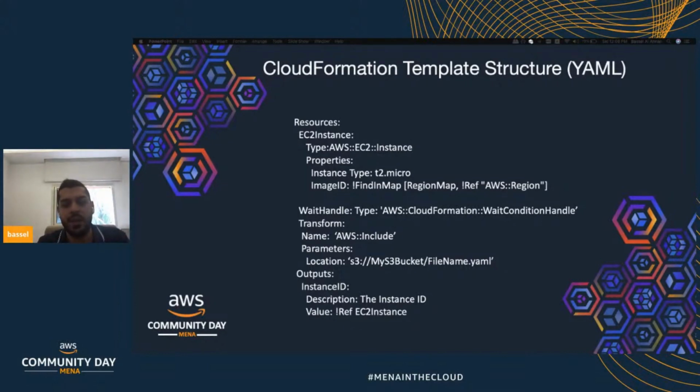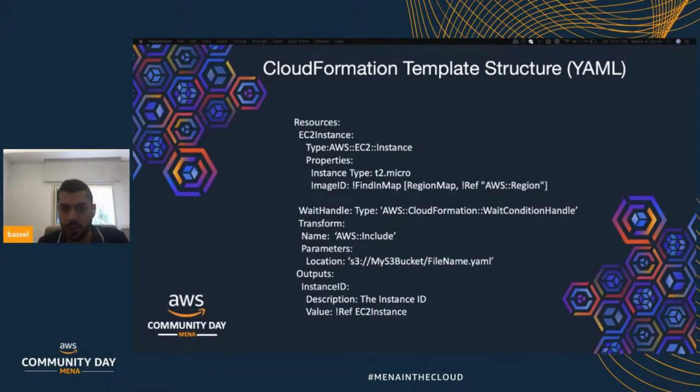For example, if you have a Bastion host environment that you use frequently for similar projects, you can just put it in the transform section. CloudFormation will pause creating your resources, go to the S3 bucket, create the Bastion host for you,